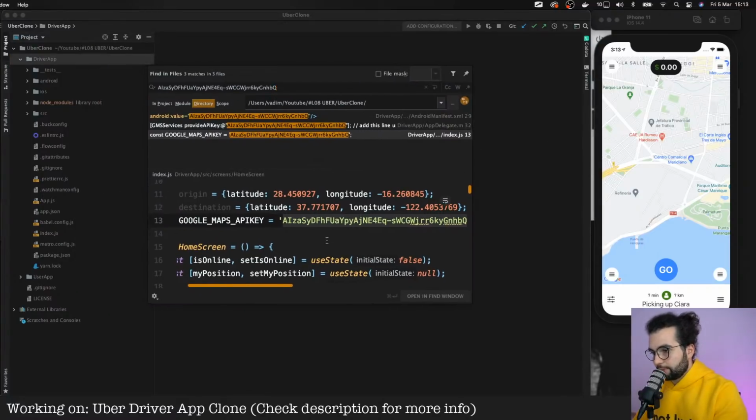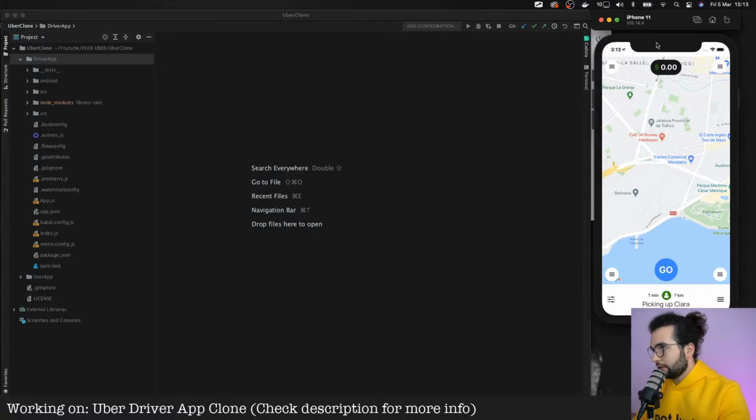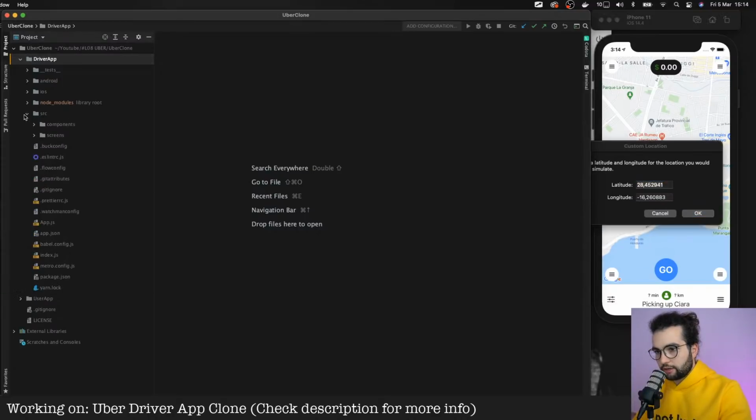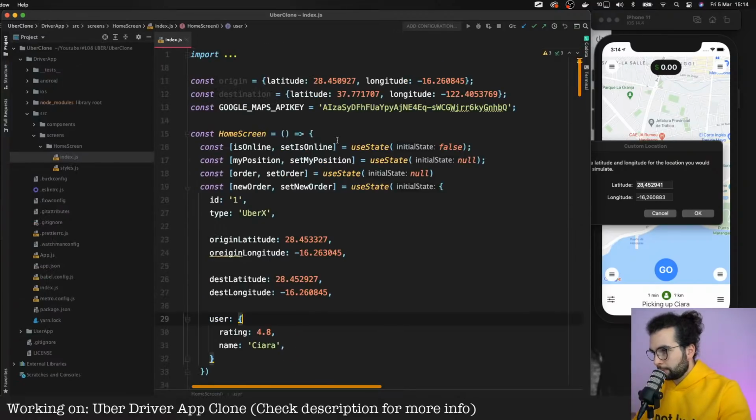Yeah, the backend is built with GraphQL. Well, it's built with Amplify, but in Amplify we use a GraphQL API. I'm thinking that maybe my location on the map is the issue. Let me try to put the driver app source screens in the home screen index, line 28.